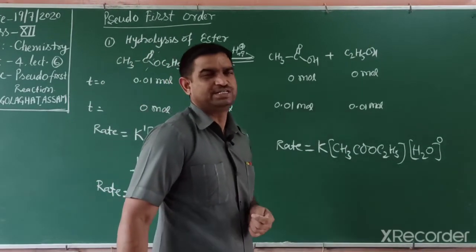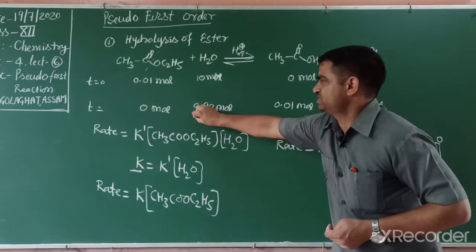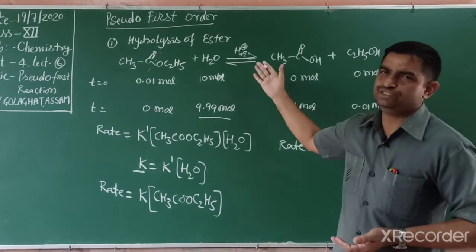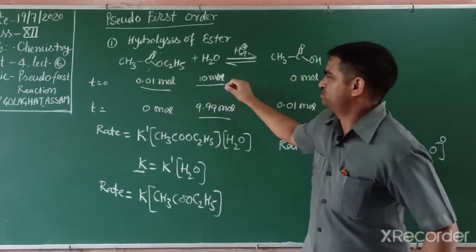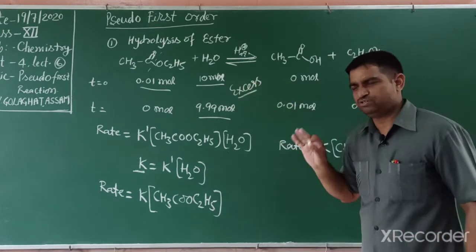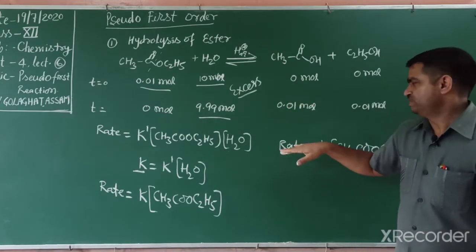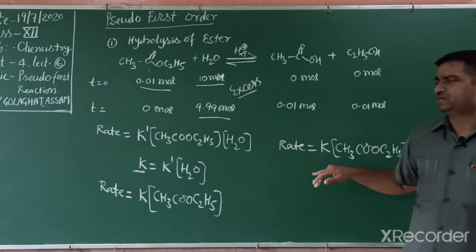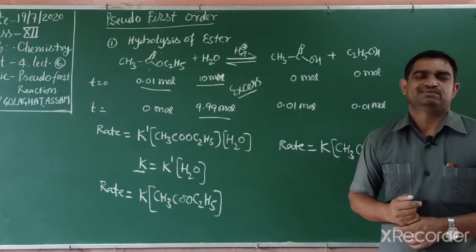Students, I can show an activity. How can you understand? One reagent is in excess, so its change in concentration has very, very little effect, and it appears the water is not consumed in this reaction, because water in comparison to the reactant is in excess amount. So if a reagent is in excess, that concentration does not affect the reaction. That type of reaction is known as pseudo first order reaction. When one reagent is in excess, we write its power as 0. So actually at high concentration they are first order, but at low concentration they are second order kinetics.